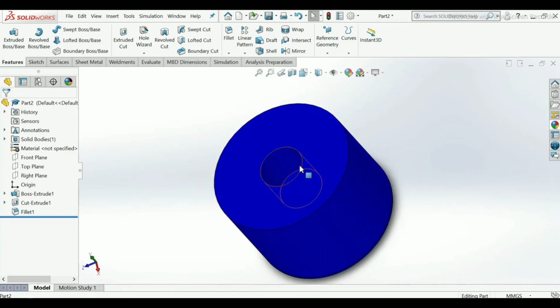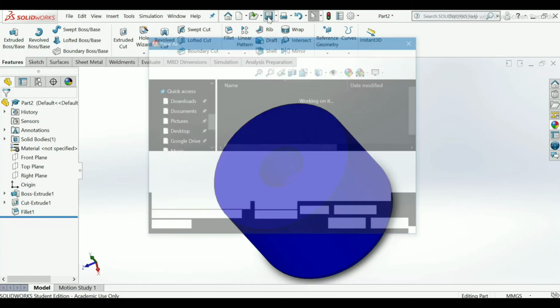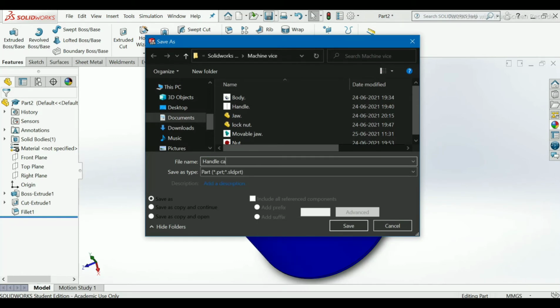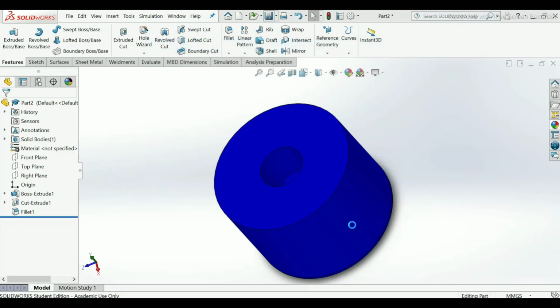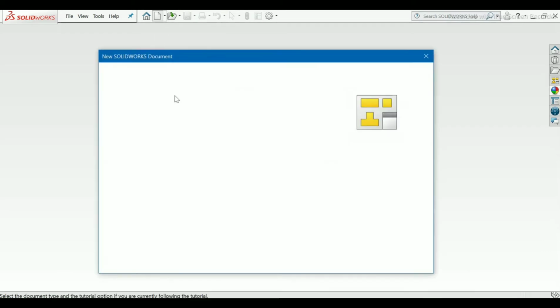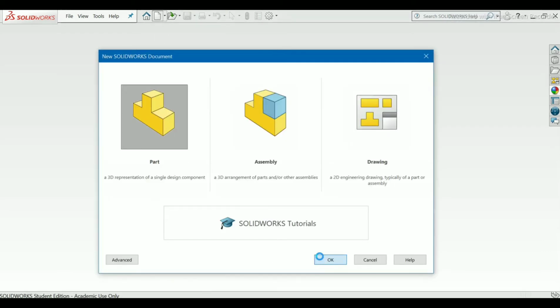Now I will go to our next component. Save this. Close the file. New part, OK.